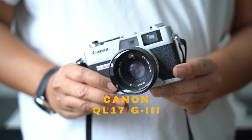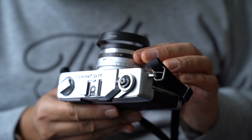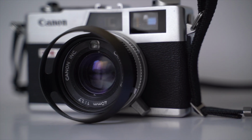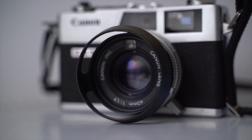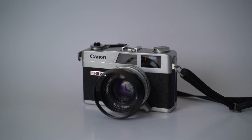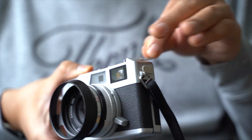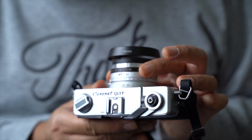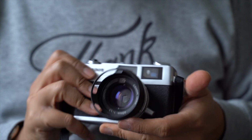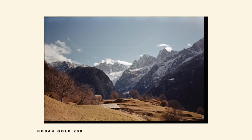Often dubbed as the poor man's Leica, the Canonet QL17 is a compact rangefinder that offers exceptional value for money. It boasts a fast 40mm f1.7 lens, a quiet leaf shutter, and a fully mechanical body that works even without batteries. The QL17 also offers both automatic and manual exposure modes, giving you flexibility and control over your shots. Its sleek, stylish design is a bonus, making the Canonet QL17 not just a reliable photographic tool, but a great